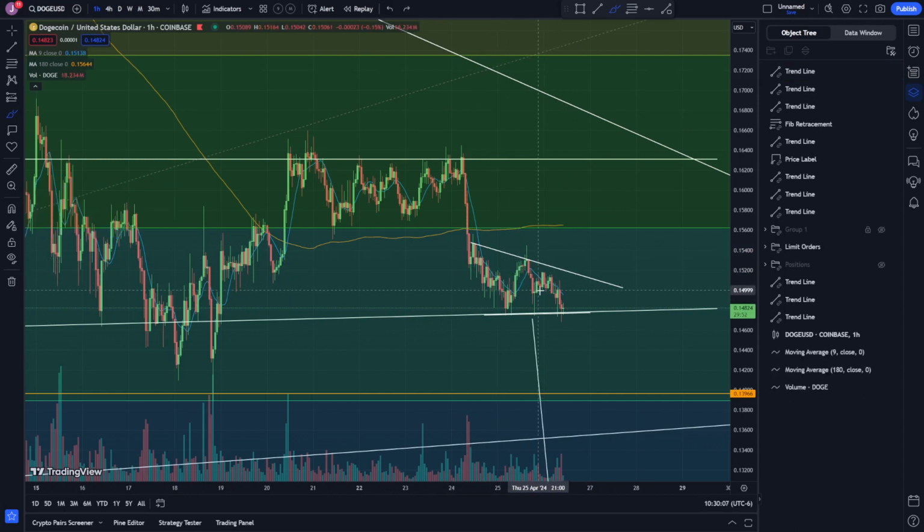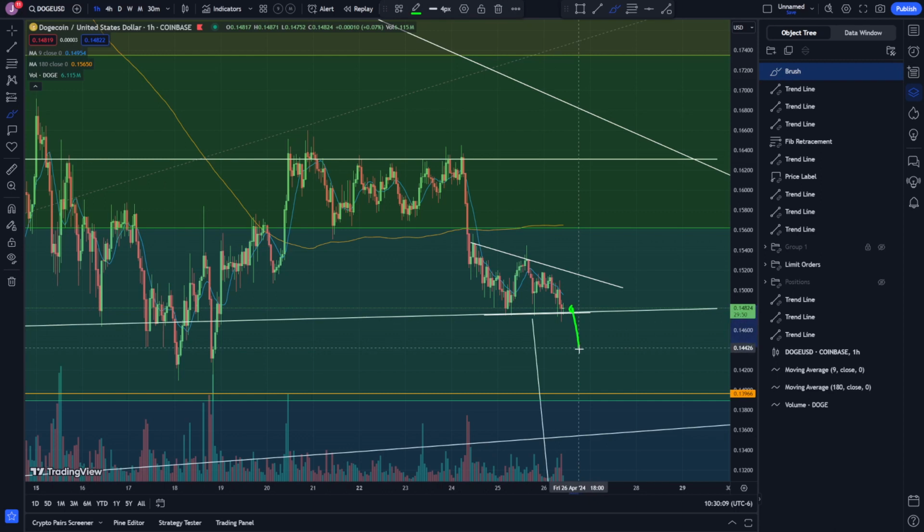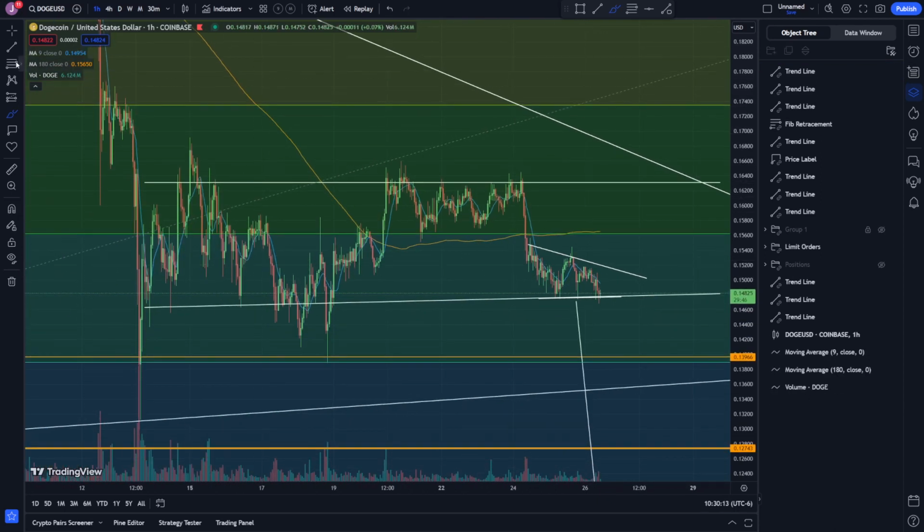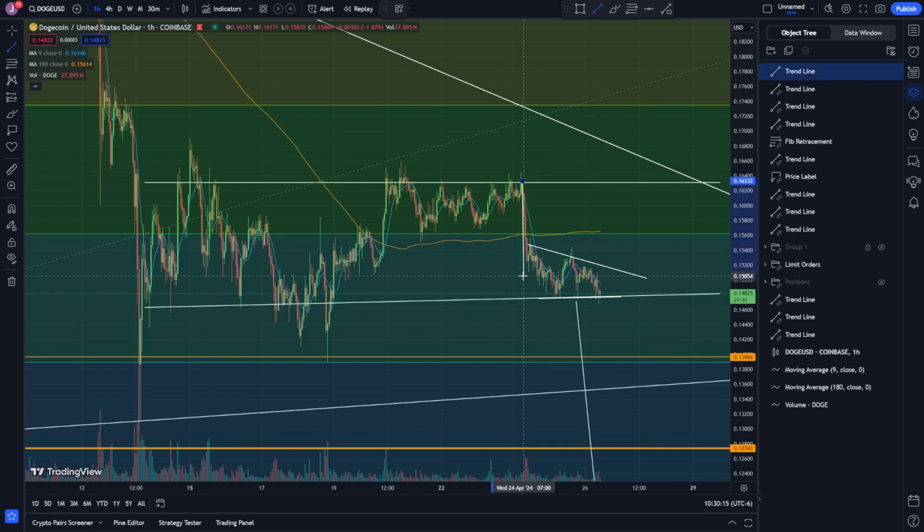So yeah, if it breaks this going to the downside, then we would be looking at a target from the top to the bottom. Same thing with the bear flag. I would argue something like that, right in the middle. I wouldn't want to take it all the way down, because this candle didn't go all the way down like that. Let's go ahead and drag that to the breakout. If it broke out on this line right here, then we'd be looking at a target of around, in the short term,